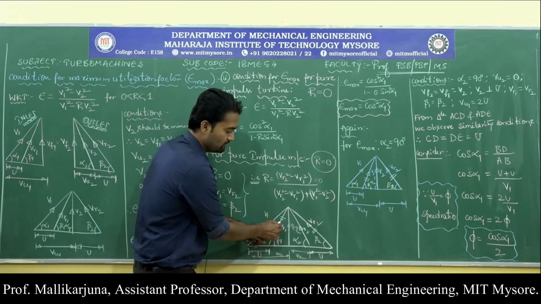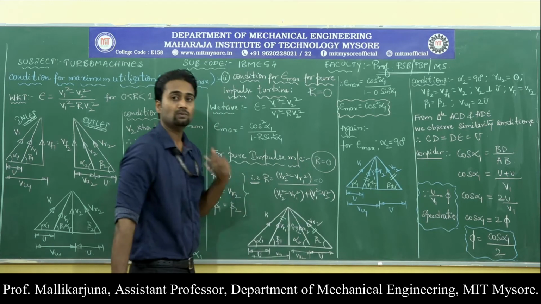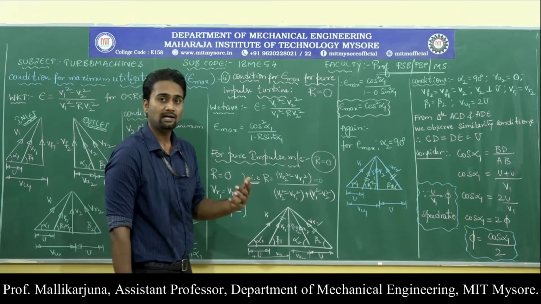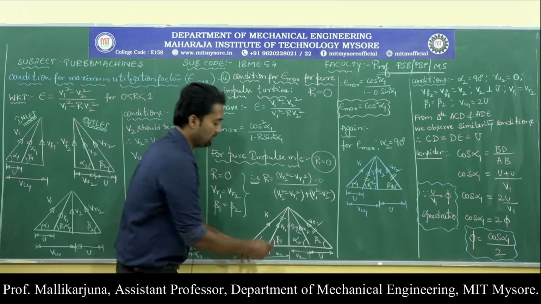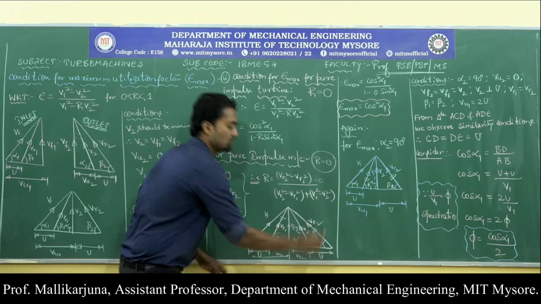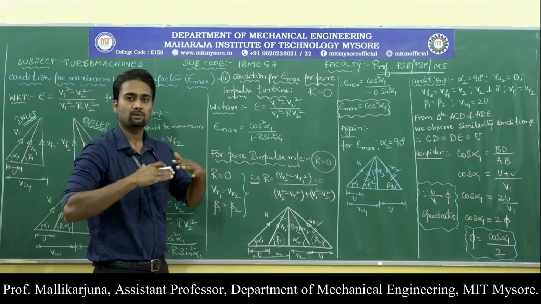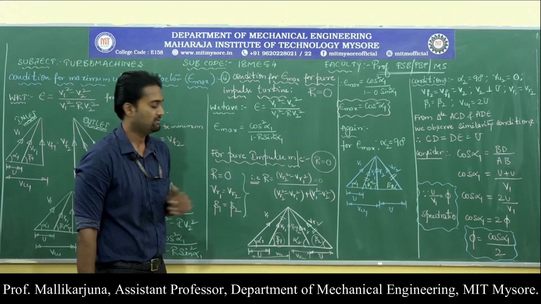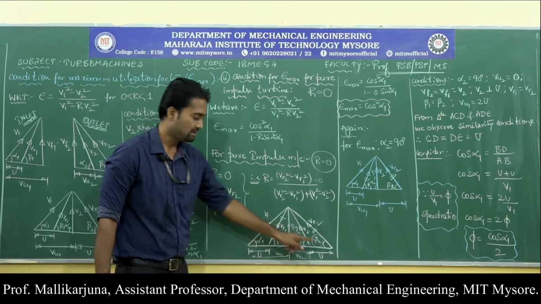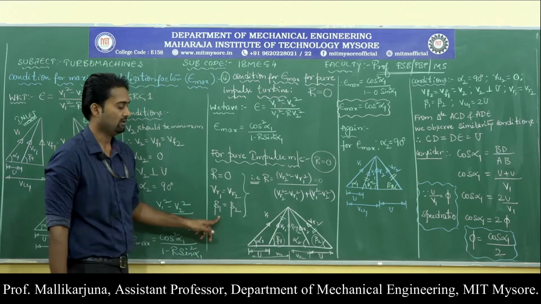That means this Vr1 should be equal to Vr2. If I have to satisfy Vr1 being equal to Vr2, then one more condition needs to be satisfied, which is nothing but beta 1 should be equal to beta 2. I mean the blade angle with respect to the tangential components at inlet as well as at outlet should be the same. That is what I have written over here.